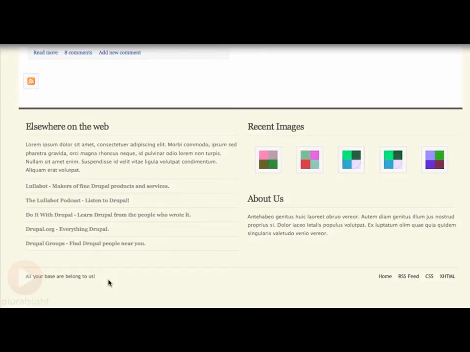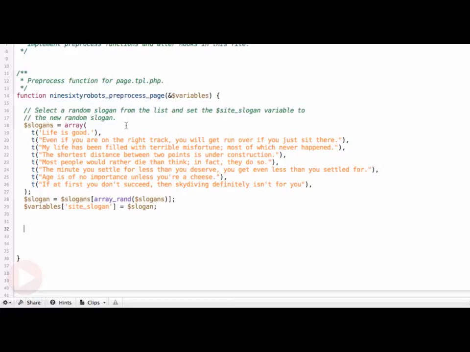In order to begin this task, we are going to open up our template.php file and utilize the theme preprocess page function. We already started this function in our previous chapter, so we can just go below our code for setting the site slogan and start with our first line of comments: add new variables to page.tpl. The important thing to remember when adding or changing a variable is the syntax. All variables that are passed to page.tpl use the same syntax of variables,